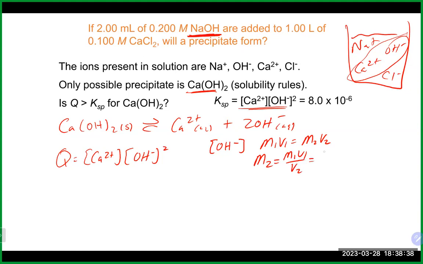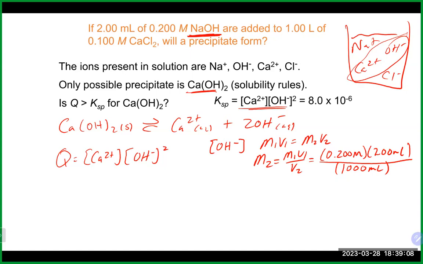So our M1 for the sodium hydroxide is 0.2 molar. Our V1 is 2 milliliters. And just to make sure I'm using the same units of volume, I'm going to convert my 1 liter into 1,000 milliliters, so everything cancels out correctly. Alternatively, you can convert everything to liters if you wanted to do it that way. So 0.2 times 2